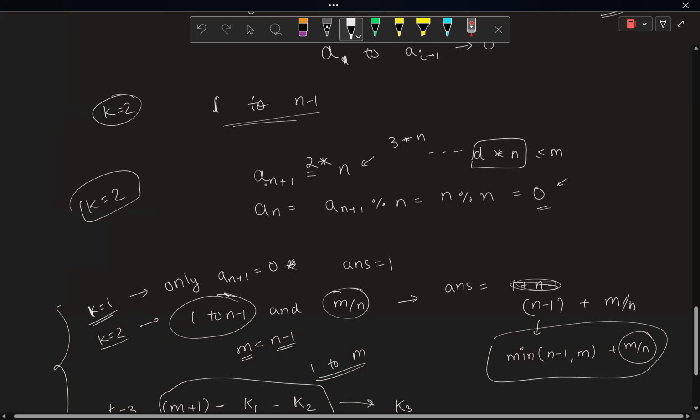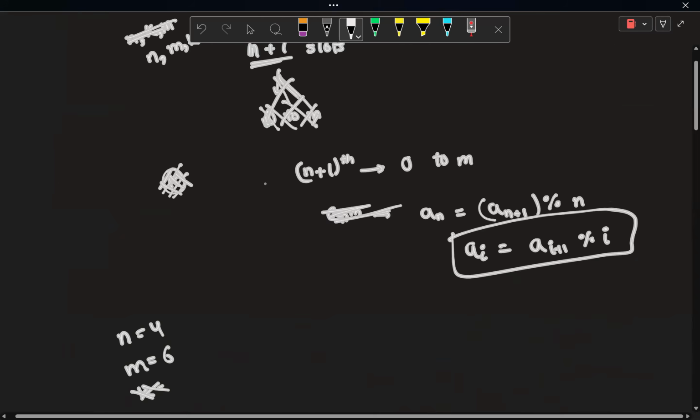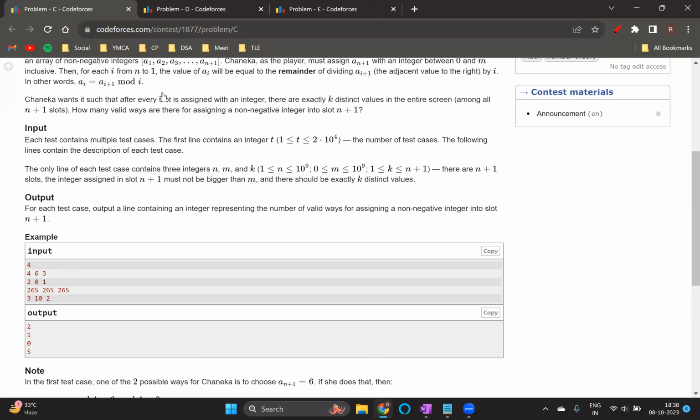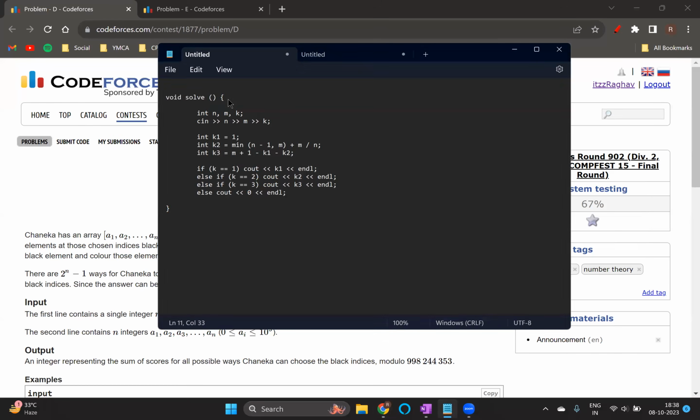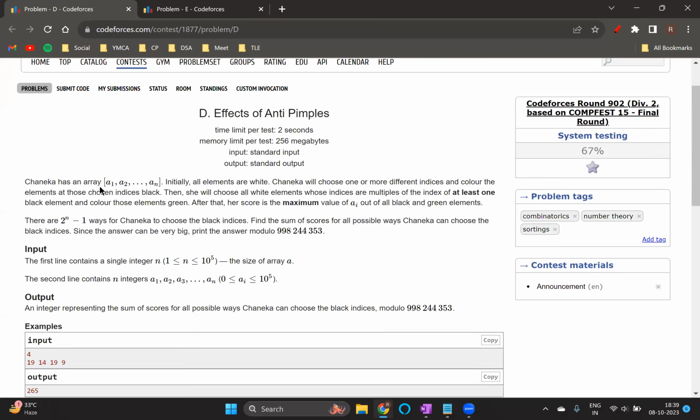Okay, so let's move on to the next problem. This is the D problem. The D problem says that, you can read it out and then I will explain it. Just pause and read it out. I hope you would have read it. So let's see